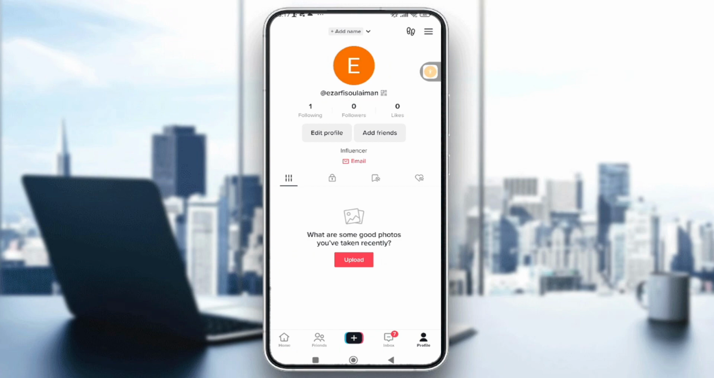Hi everyone and welcome. In today's video I'm going to show you how to change region for trends on TikTok mobile. So first you just need to open up your app and then go into your profile from that icon below,